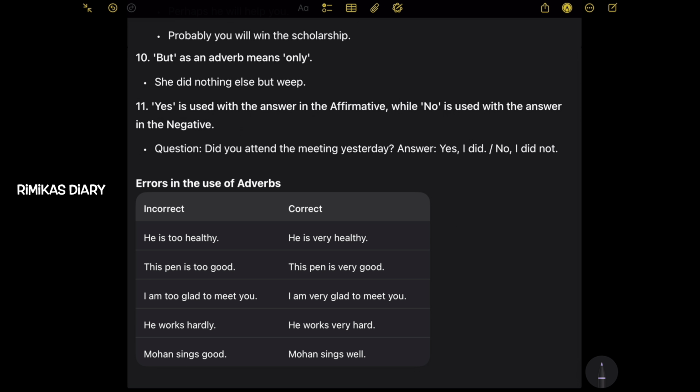11th one. Yes is used with the answer in the affirmative while no is used with the answer in the negative. So question. Did you attend the meeting yesterday? Answer. Yes, I did. No, I did not. Errors in